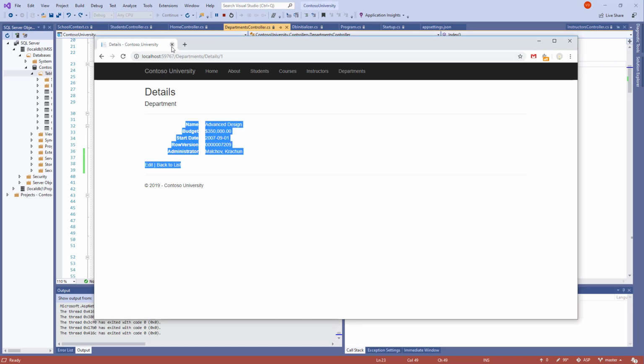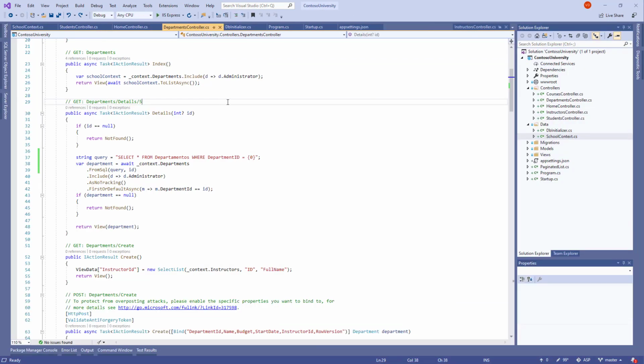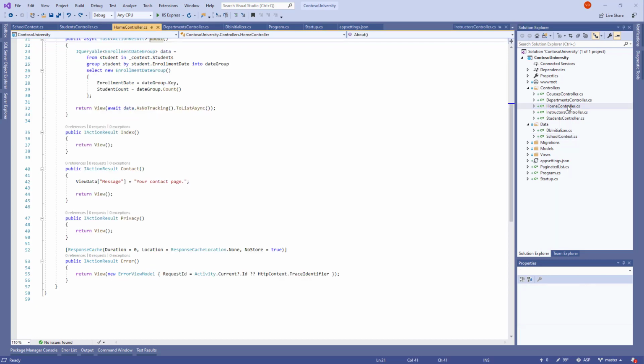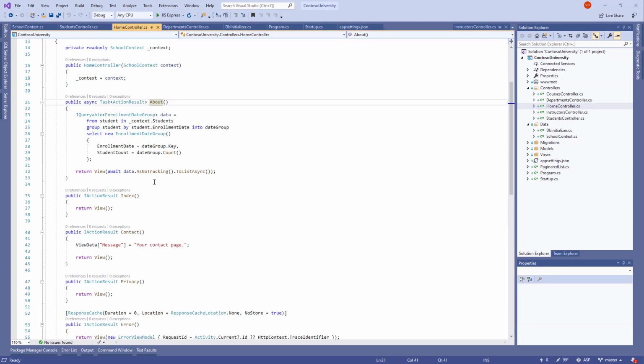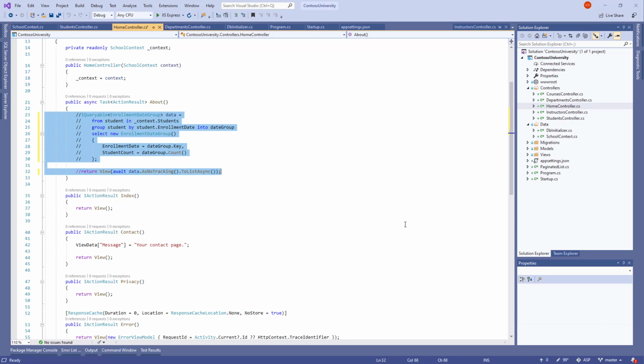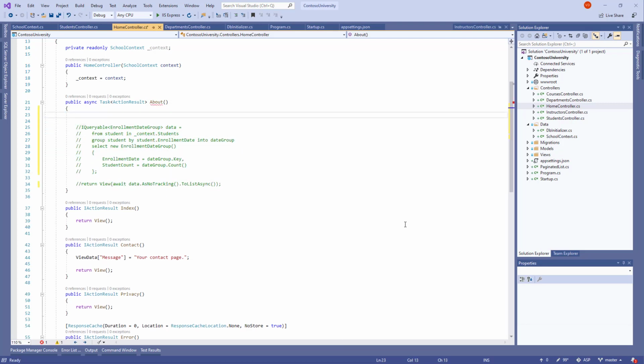The next point in our topic is query to return other types. So we will edit the query which was calling for the number of students for each enrollment date, where we were using LINQ, and now we are going to redo it a bit. In the HomeController.cs, take a look at the About method. This is how it was looking. Let's press Ctrl K, Ctrl C, just to make sure that it's commented. And now instead of LINQ,